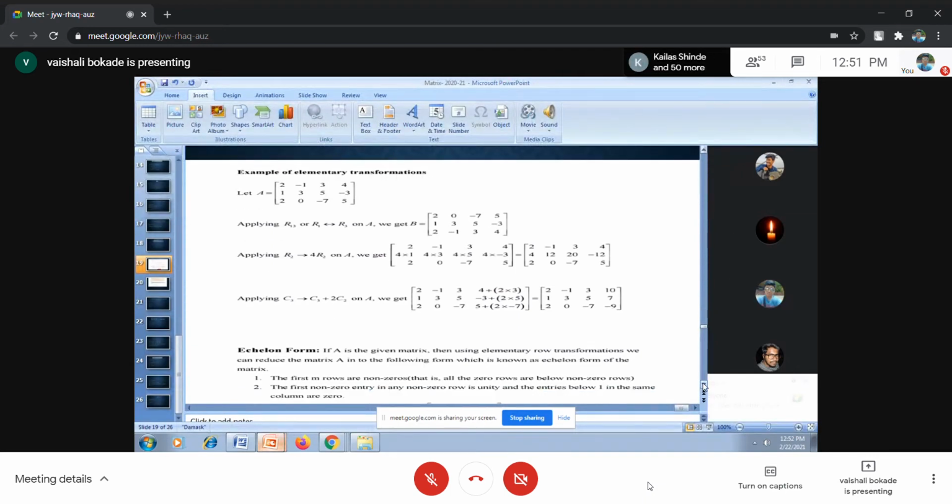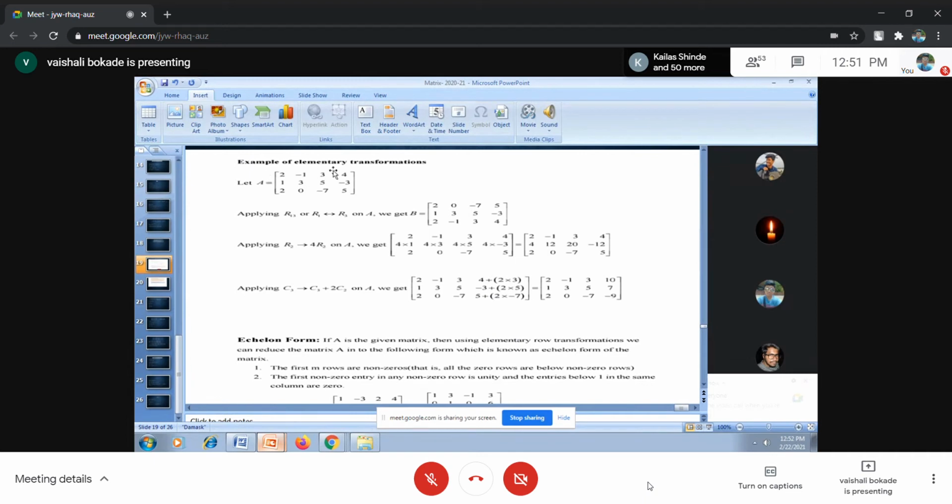So till now, which type of elementary row transformations we are going for, I am just revising. We have gone for row transformations and simultaneously column transformations also. One of the row transformations here I have is R13. What do you mean by R13? Interchanging R1 and R3. It is written as R13. It means that I may interchange any two rows. In a similar manner, I may interchange any two columns also.